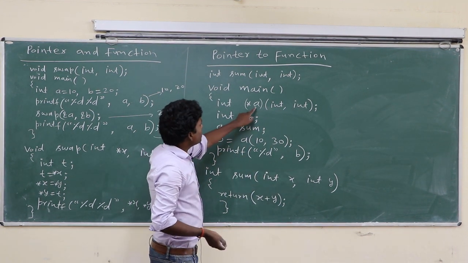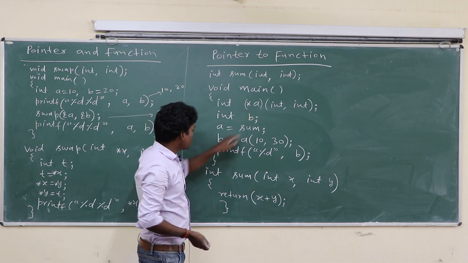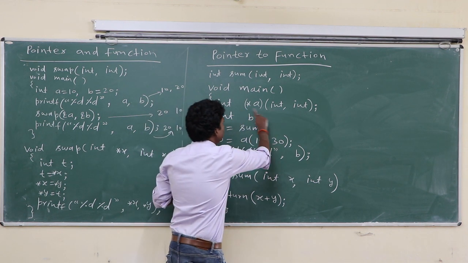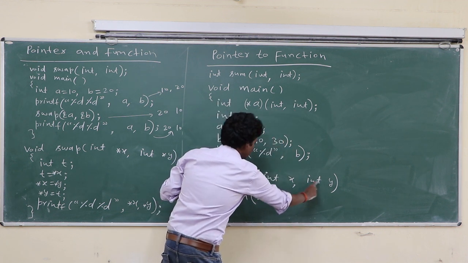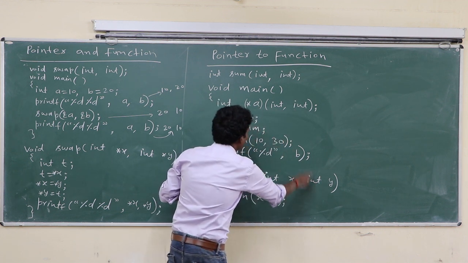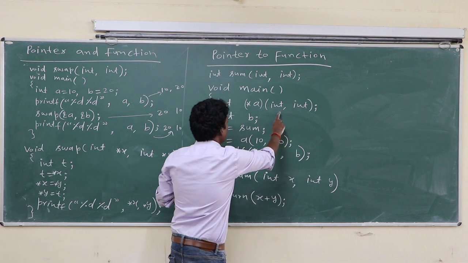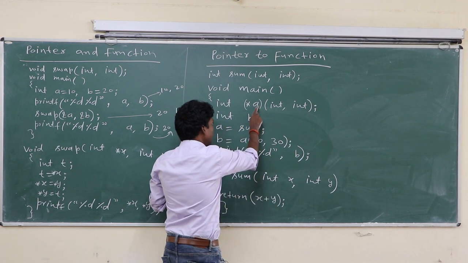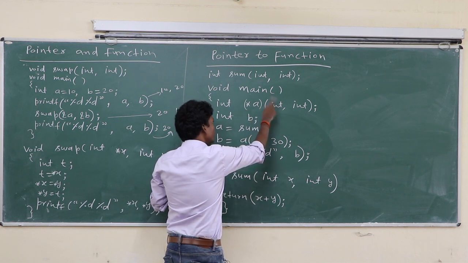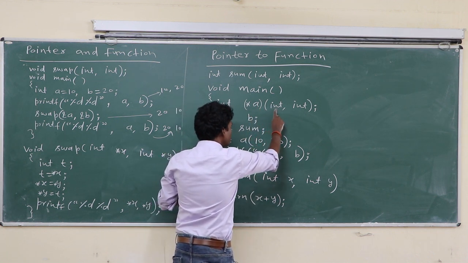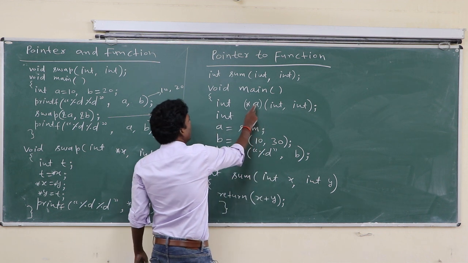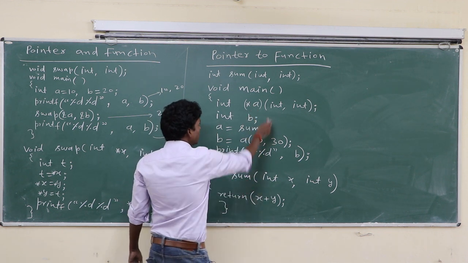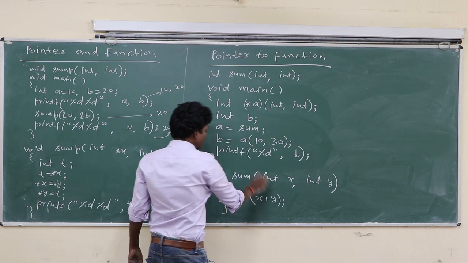Okay, this pointer to function is used for this function. That is why this is the same as this. If here is a float, then here will be float. But here is an int, and we make a pointer, that is pointer to function, which will also be int. Now this a can be used for this, okay, because it matches with this.